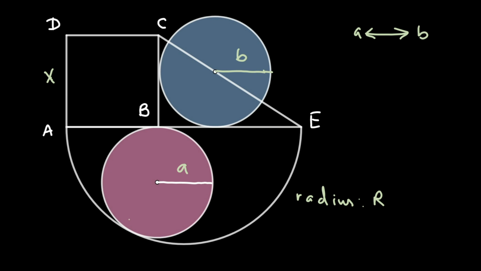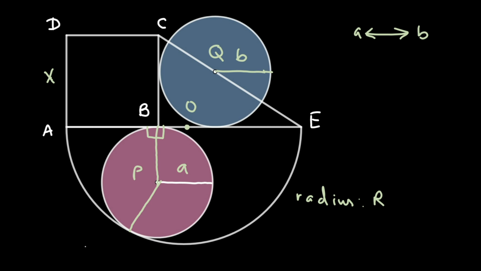diagram. The fact that specifies the position of this circle is that this point is the tangent point and it is also tangent to one corner of this square. Okay, so as these points are tangent points, I will first of all simply draw a radius to these points, and as these points are tangent points, the angle over there would be 90 degrees. Okay, now to utilize this fact, what we need is the center of this semicircle. So let the center of the semicircle be a point over there and let that point be named as point O. Okay, center of this pink circle be point P, center of this blue circle be point Q.